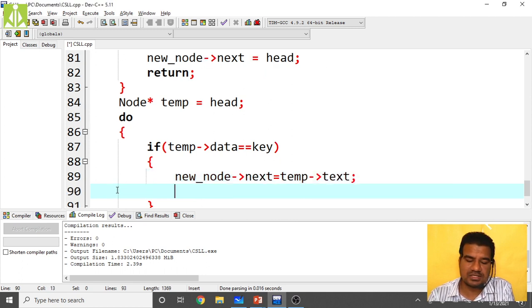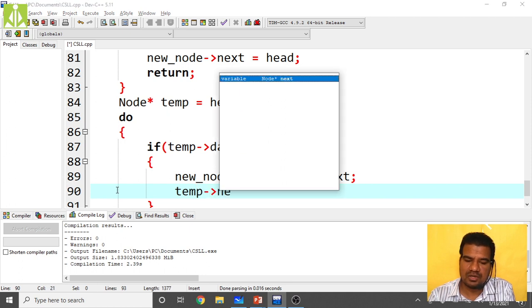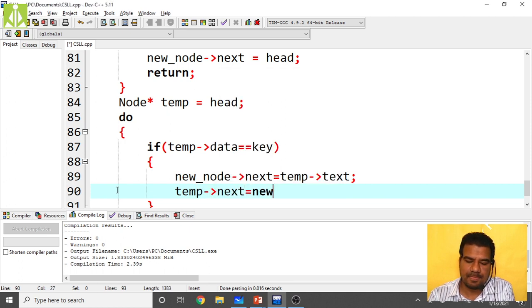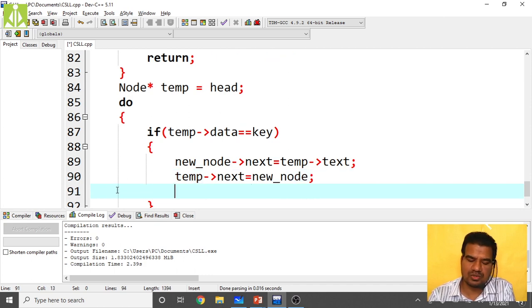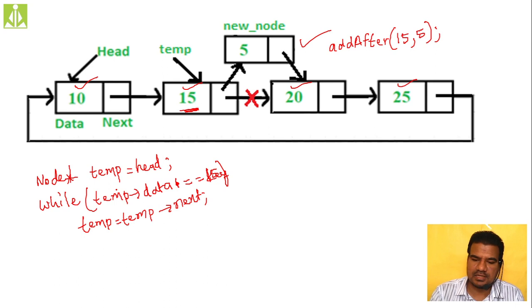Just analyze all these things, you will get it. Then temp of next equals to new node, new underscore node, and from here only you return. Only those two corrections we have to do. First, new node of next equals to temp of next, because this particular node's address we are storing over here.